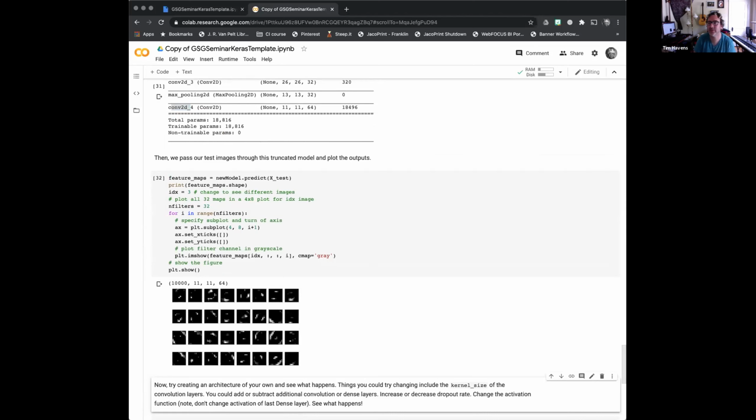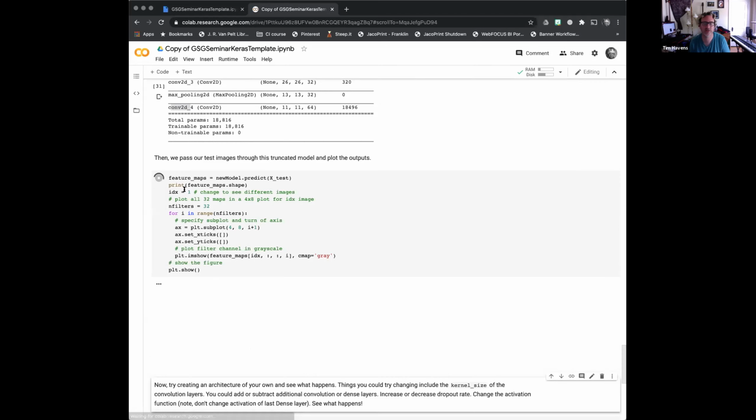Okay, so it starts to get weirder and weirder the farther you get in the network. But you can see the output of the second convolution layer. Now this is looking for even weirder structure. If we go back to that image of that 2,